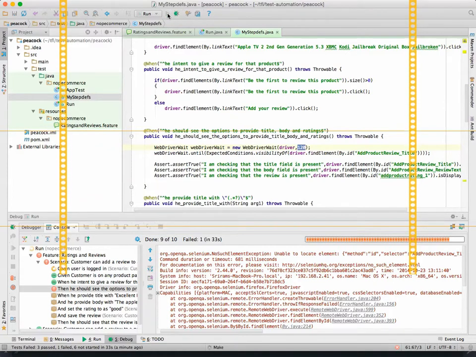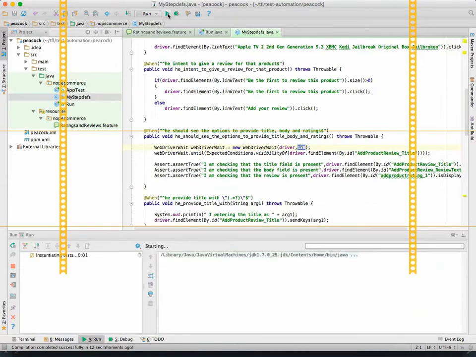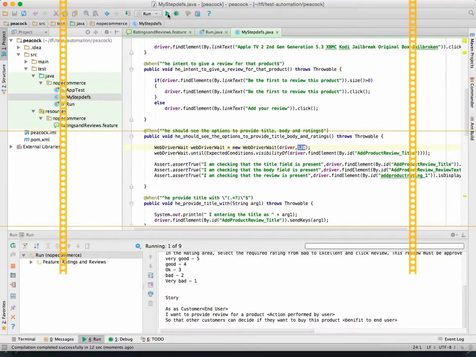Even if you are an expert, you can't automate it on the first go. It takes a little bit of time. So I need to understand why it is doing that. I just kept this so that it will provide some buffer time for the page to load.